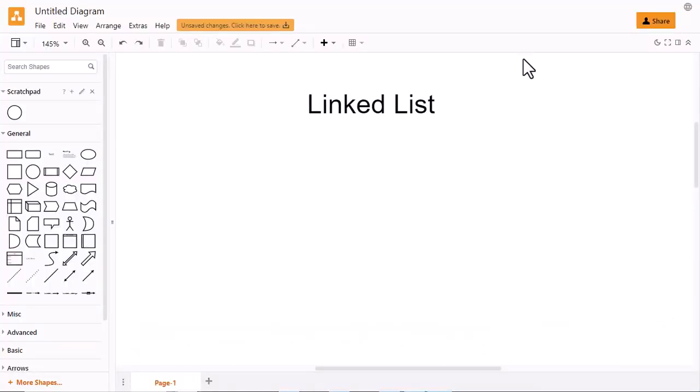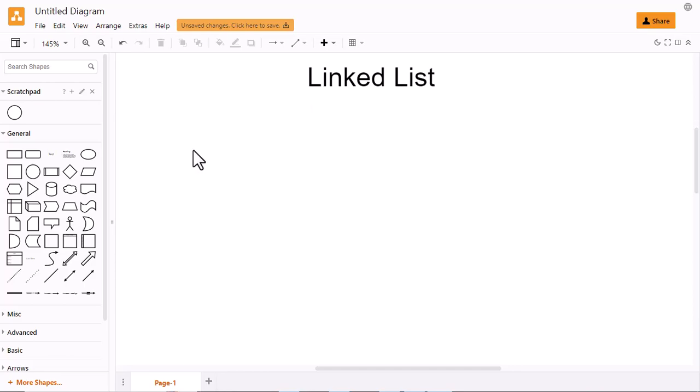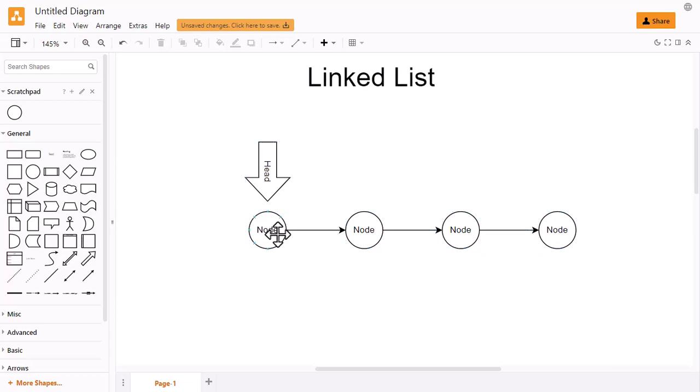Today we are going to learn about linked list. Linked list is a very powerful data structure as well as it is a favorite of most of the interviewers. A linked list is a list of nodes. A linked list basically looks something like this, where the first element is also called the head element, and you